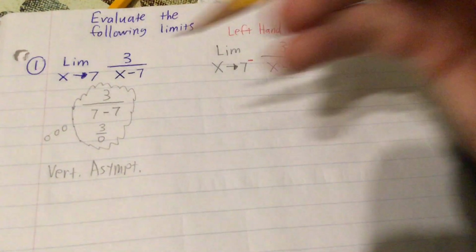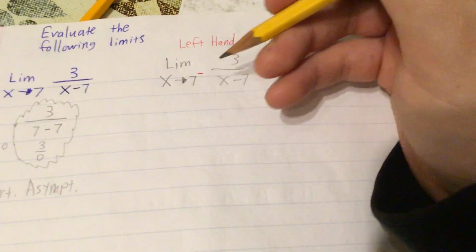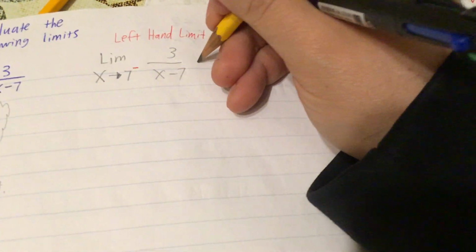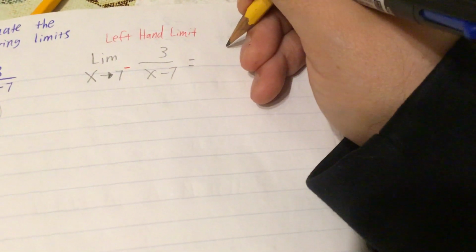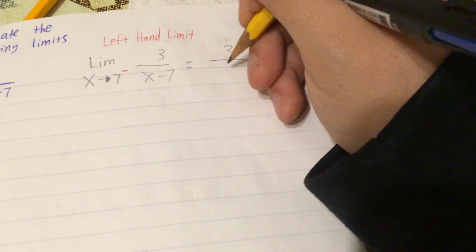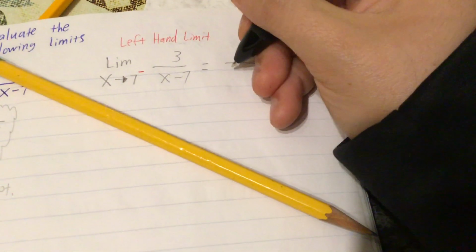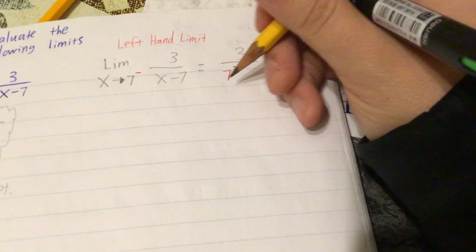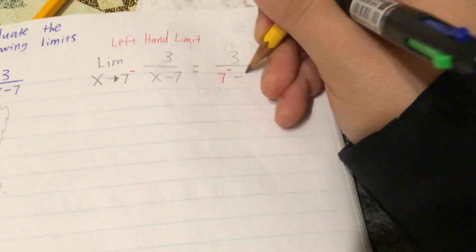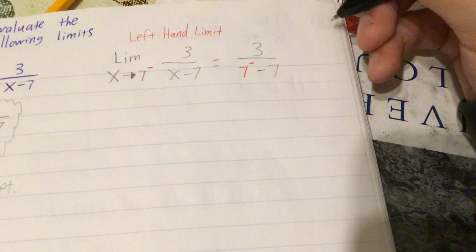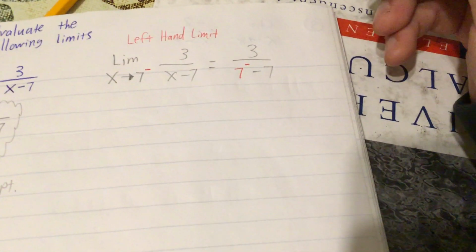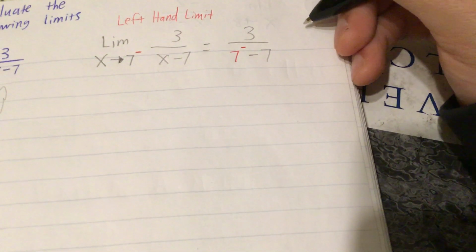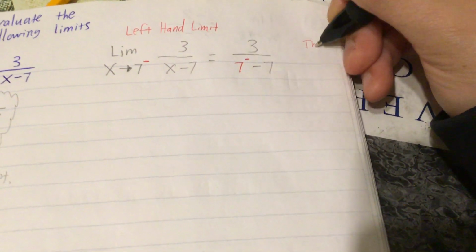So I know what you're thinking. Do I plug in x equals 7? Yes, technically you do, but I'm going to use this little notation, and I'm going to whisper to you. So I've got 3 over, and you would do this in pencil, you would put 7 from the left side, minus 7. And what do I mean by 7 from the left side? Well, what's a number that's barely, and I mean barely, under 7? So think to yourself,